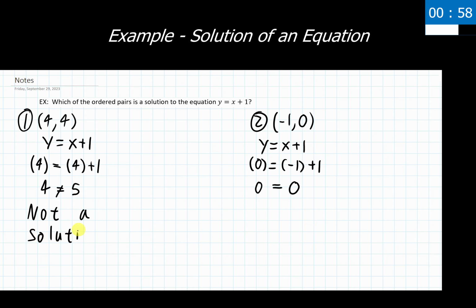I think on a fair amount of online programs, they'll just ask you to select from a drop-down menu, is a solution, isn't a solution, something like that. On the test, I would be looking for you to write out "not a solution" for this part of the problem. Now in contrast, over here we have two numbers and both of them are the exact same thing. And because of that, that tells me that the point (-1, 0) is a solution.